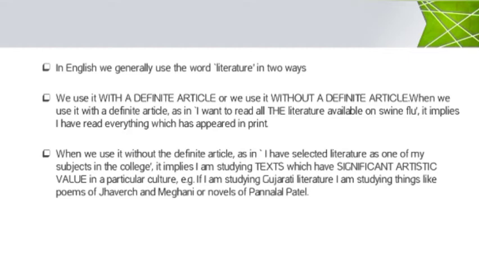So when we use it without the definite article, as in "I have selected literature as one of my subjects in the college", it means it has a common meaning.